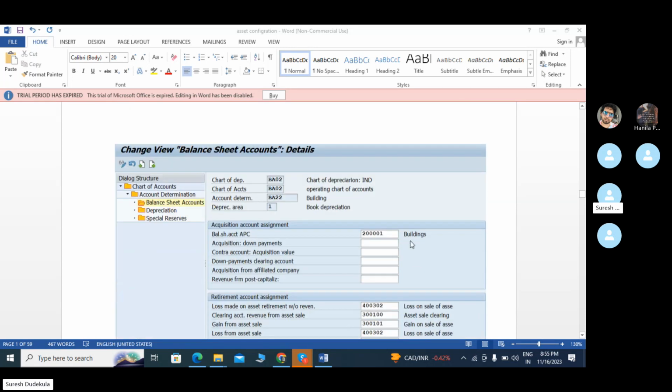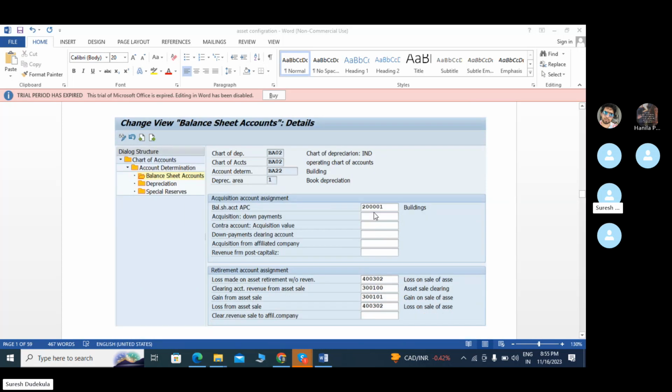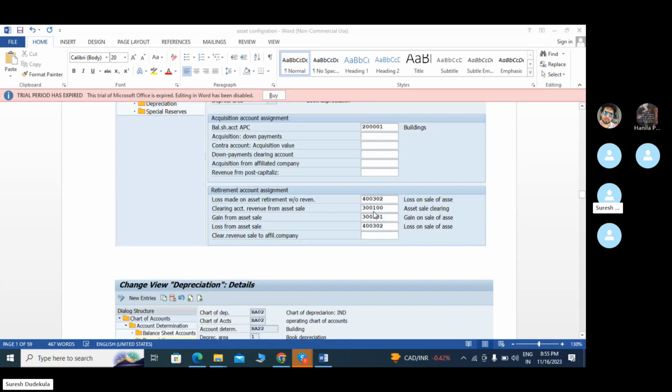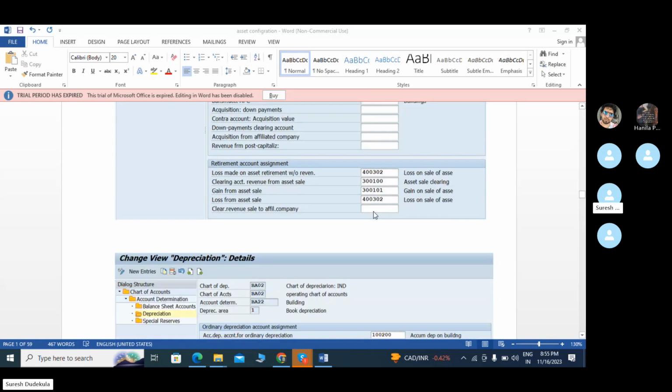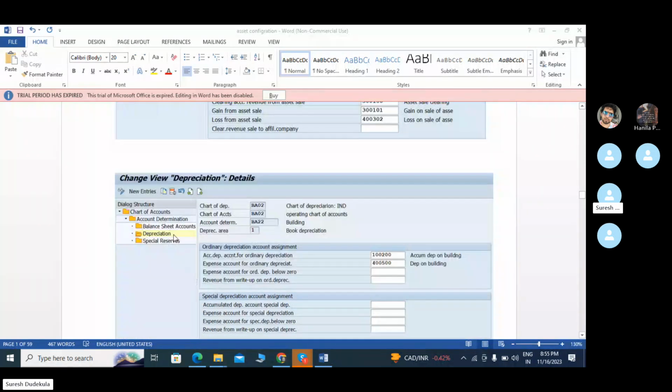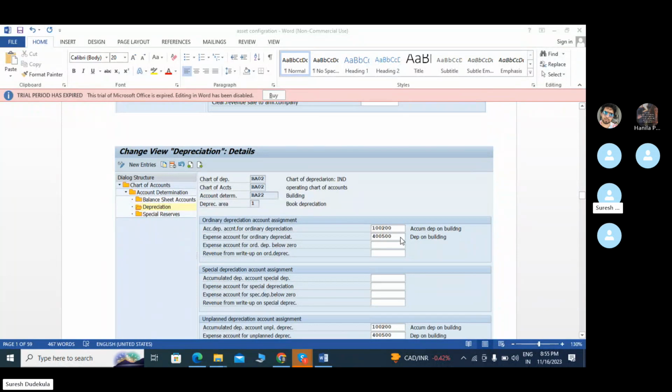The next is buildings. For buildings, I created this GL account. Once you double click on balance sheet accounts, this box will open. In buildings we have the same GL accounts: loss on sale of asset, asset sale clearing, gain on sale of asset and loss on sale of asset. We have depreciation in building. This is the depreciation. Then we calculate the depreciation and accumulated